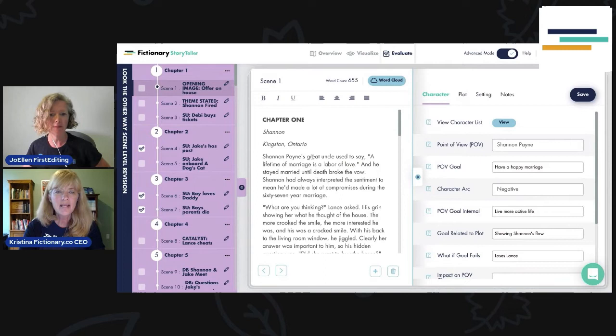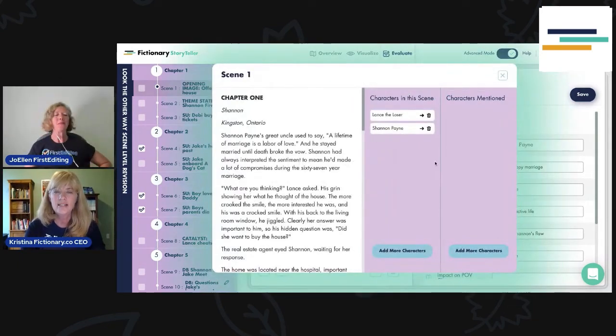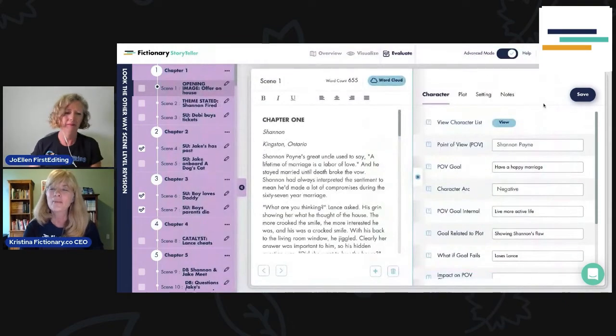Yeah. So then we'll look at characters. For me personally, when I'm writing a draft, I get a bit carried away and I might add a lot of characters. One time a beta reader pointed out to me that I'd renamed a character halfway through the book. Okay, not a good thing. All the time. So here you can look at who's in this scene. Lance the Loser is her fiance, and that's what I named him because I don't like him. However,